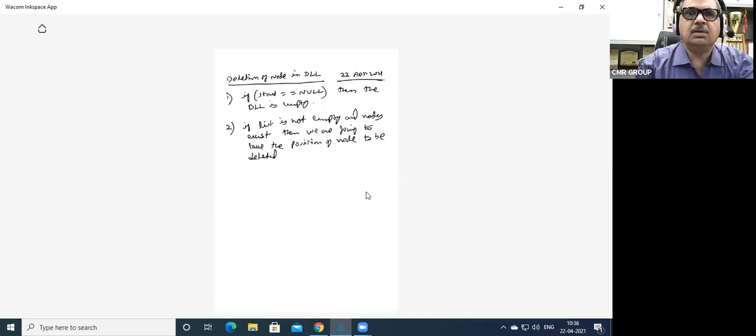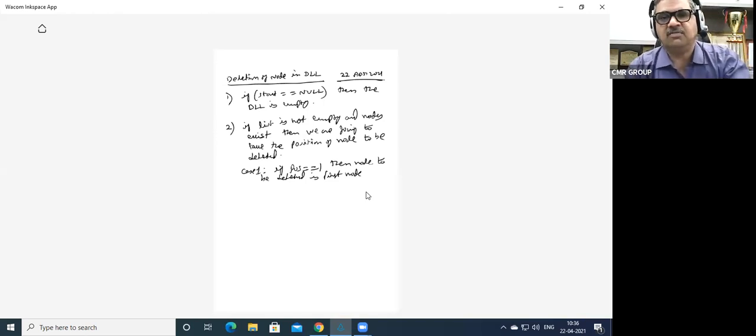Case one is when pos is equal to 1. If the position is equal to 1, then the node to be deleted is the first node.